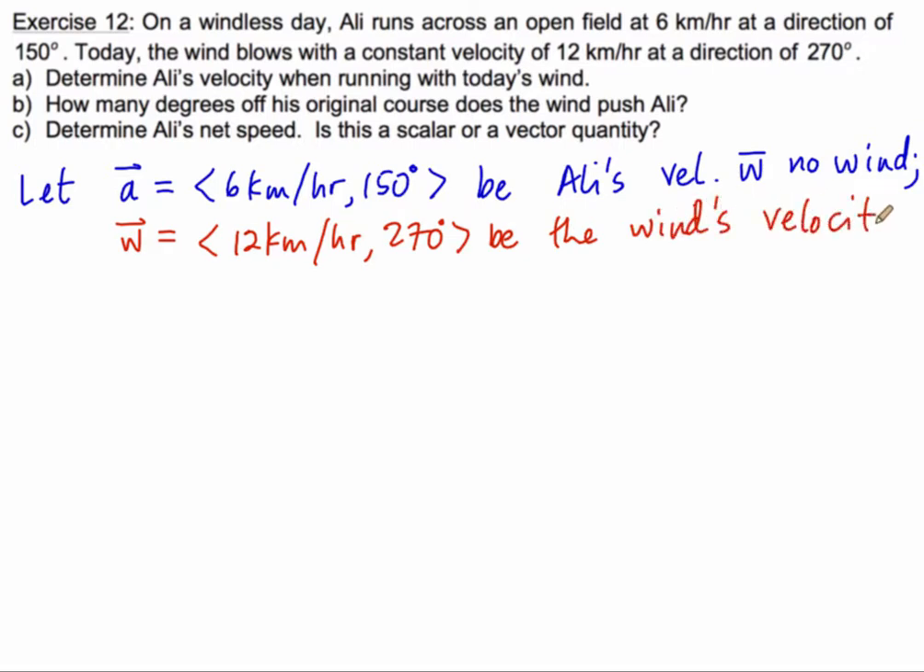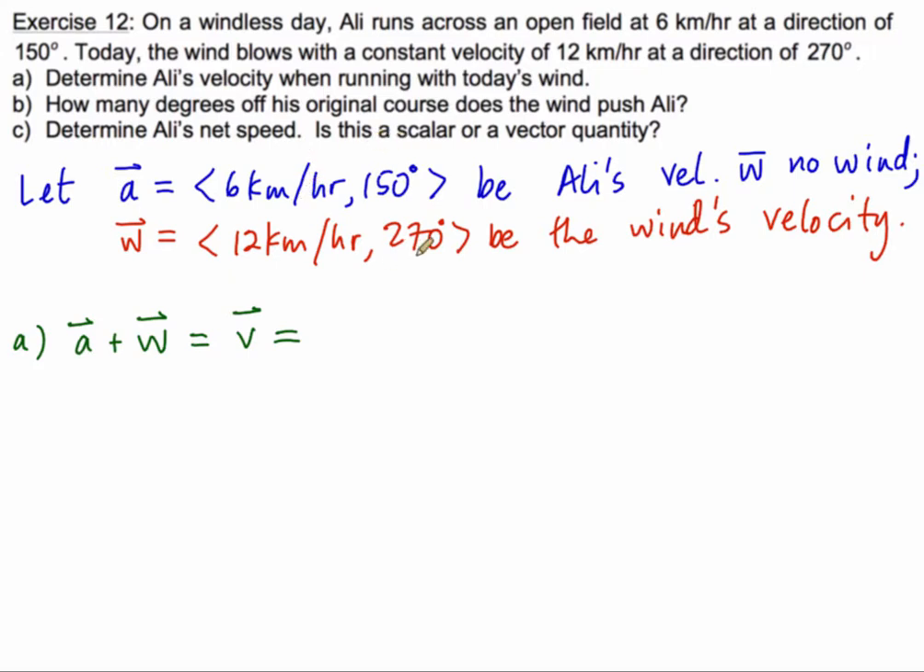And so really the question in part A is asking to determine Ali's velocity when he's running with the wind. This is really asking us to find the resultant of A plus W. We can give this another name if we want. We can call it V. But we know that we cannot add the two vectors in polar form. So the first thing we have to do is convert the blue vector and the red vector each to rectangular form. And we do that using the magnitude times the cosine of the angle and the magnitude times the sine